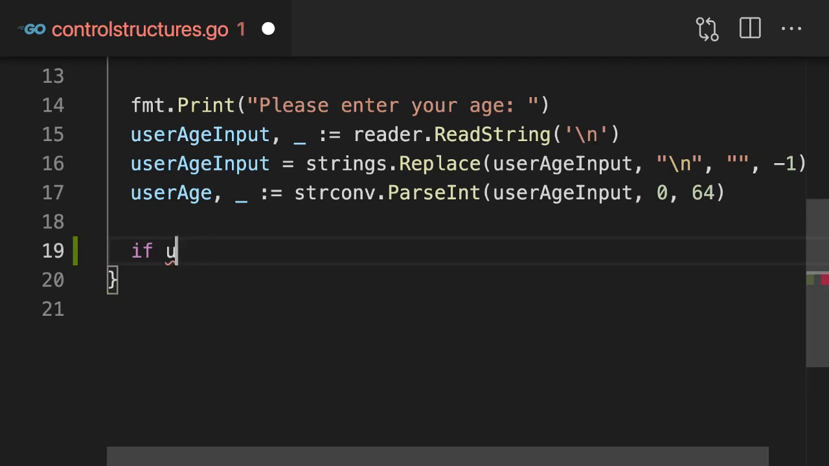In this case, we can refer to user age, and we can then use the greater than sign to compare this to another number, for example, 18. Of course, the greater than sign is not the only operator you can use to make that comparison. Instead, you also got greater or equal, smaller, smaller or equal, or just equal, though important for equality,